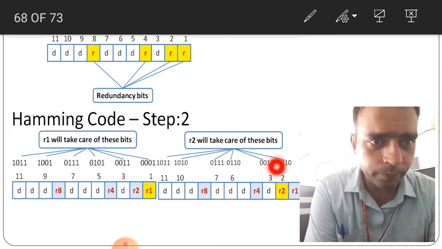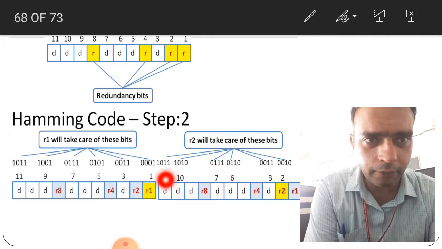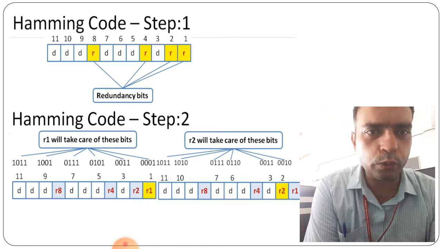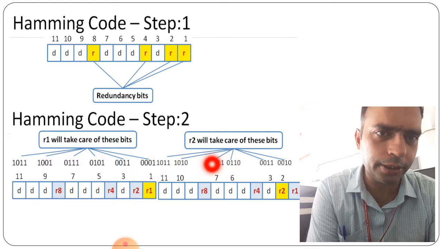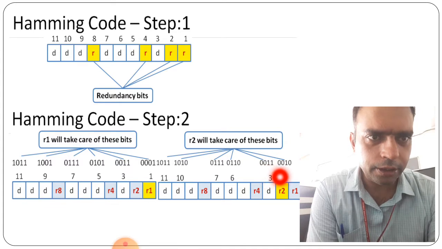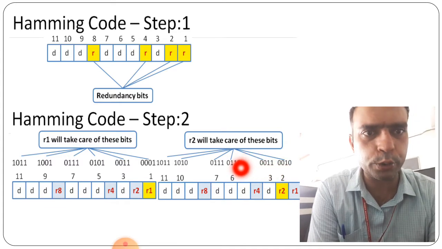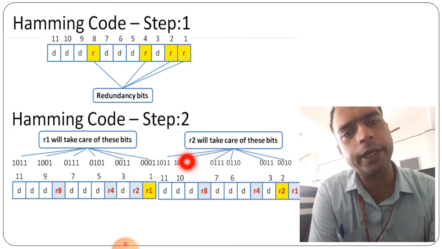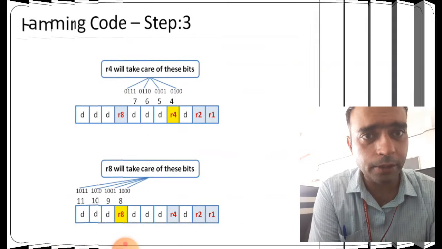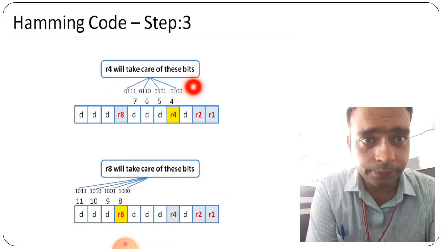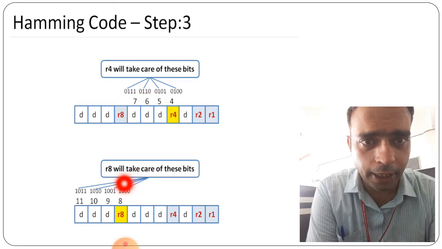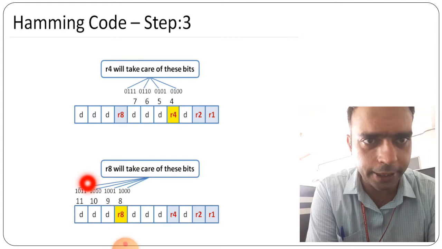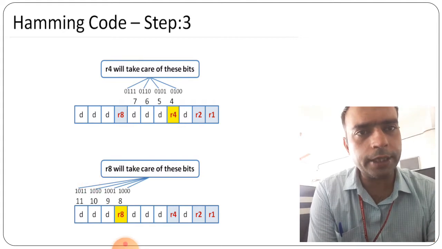Here r2, then this part is taken. Then after the middle and the next part is taken. Then consecutively two are taken here in the r2. Right? Here the single is taken. Here two are taken at a time. Suppose you are taking 2, then 3 also is to be taken. Suppose you are taking 6, then 7 is to be taken. Suppose you are taking 10, then 11 is to be taken. Then for r4, it takes 4 different consecutive parts. And in r8, here also it takes 4 different consecutive parts.